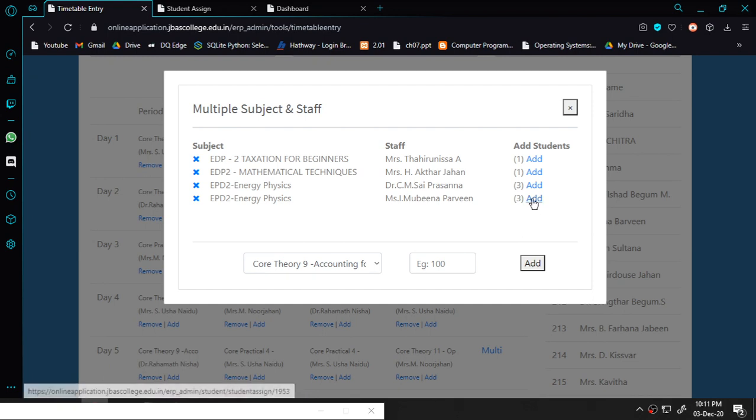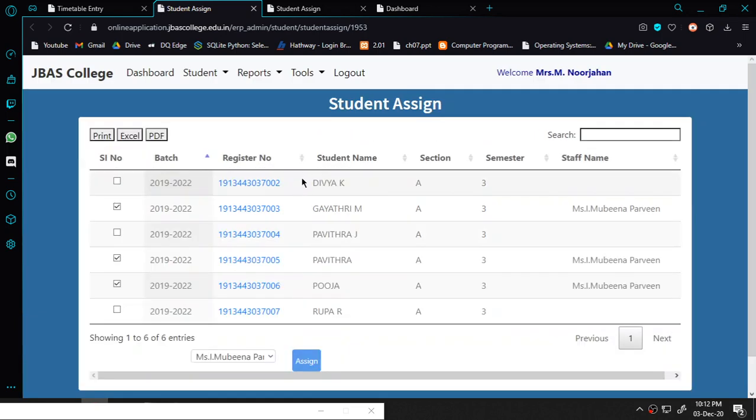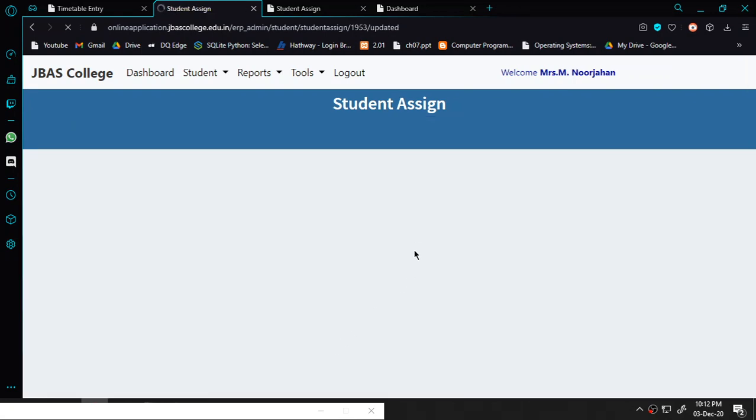So how to add the staff partially, as I told you before, you just have to add, and then you can see for Mubina Parveen the staff, only 3 students are selected. Who are the students? Number 2, 4 and 5. So I had just made a tick earlier and I have assigned. So you can see against the student name the staff name will come. That means when we have 50 students of UG like NME or other students, we can see partially some students will belong to some staff and other students will belong to other staff and so on. So I have to give assign. So this is a way to give the multiple option.